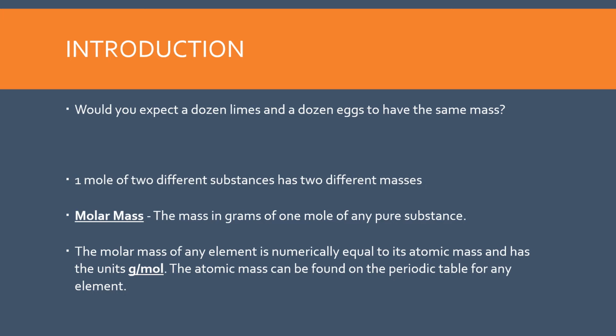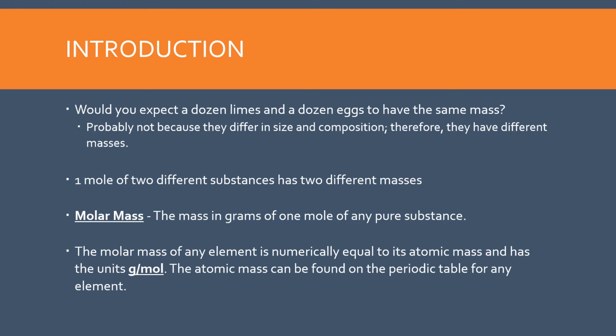So just a general introduction here as far as mass goes. It says, would you expect a dozen limes and a dozen eggs to have the same mass? Obviously not, because they're two different things and they're composed of different compounds. And they're different sizes, so they definitely have different masses. All right, so 1 mole of two different substances has two different masses,